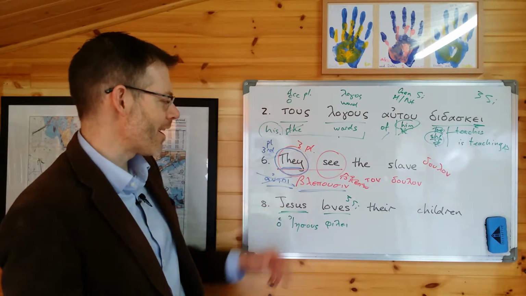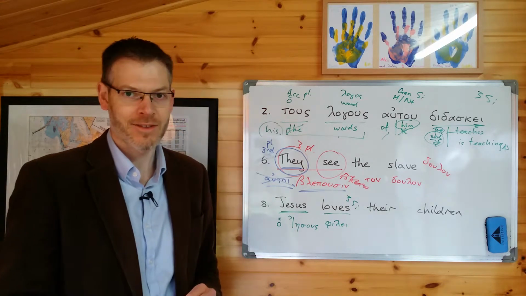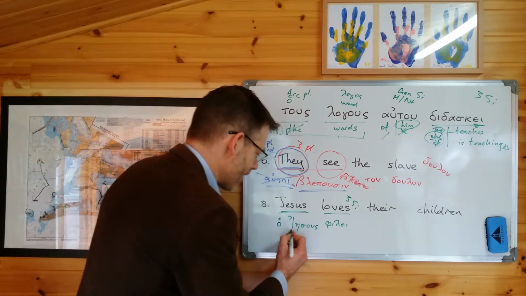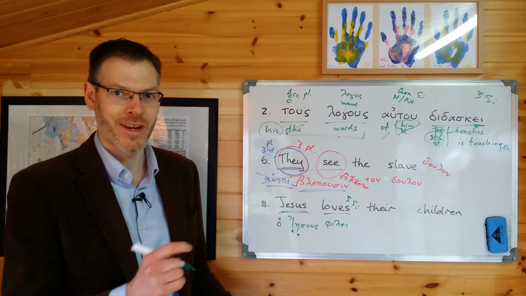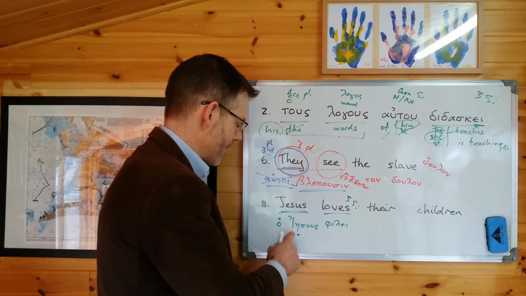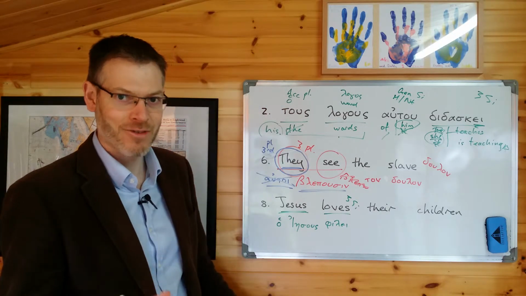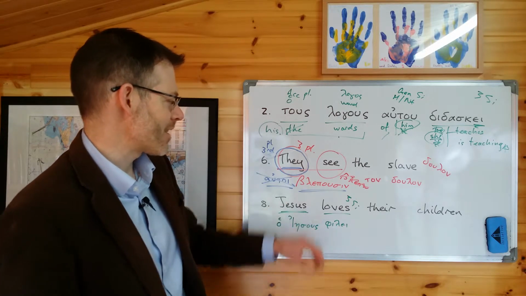So when we say Jesus loves, we should write ho Iesus philei. Ho Iesus philei, not just Iesus philei. And remember the pronunciation of this, it's very tempting to go Jesus rather than Iesus, but I encourage you to articulate the vowels separately because they're not a diphthong, they're separate sounds, and that will help you to remember the spelling of the word. Okay, so ho Iesus philei, Jesus loves.